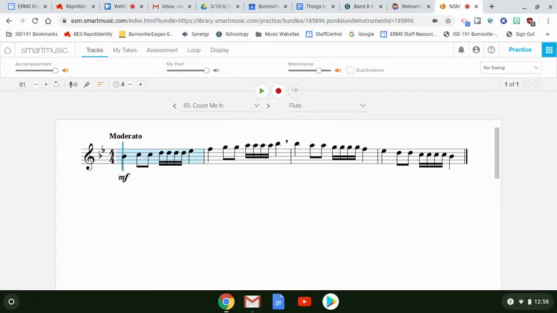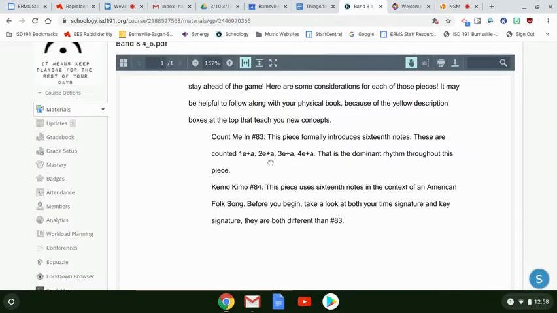If we have a measure of eighth notes, we count 1 and 2 and 3 and 4. And if we had a full measure of 16th notes, 4 of these in a row, we would count 1 e and a, 2 e and a, 3 e and a, 4 e and a.